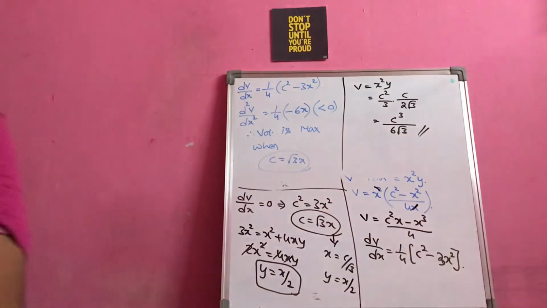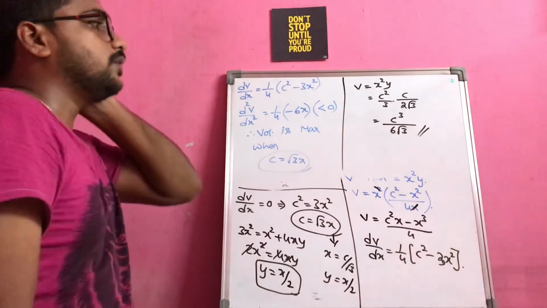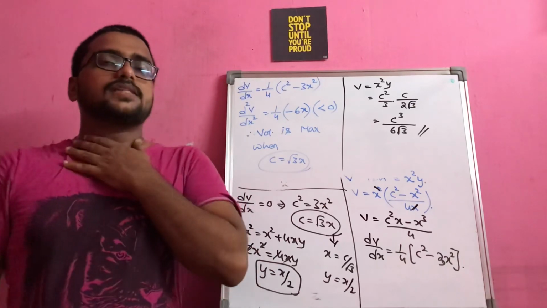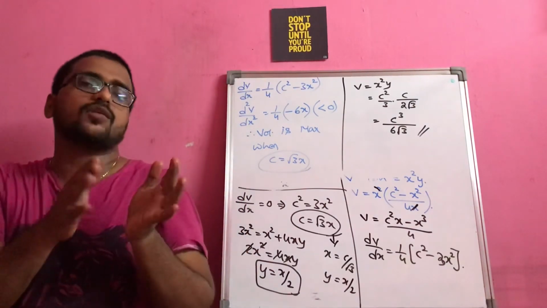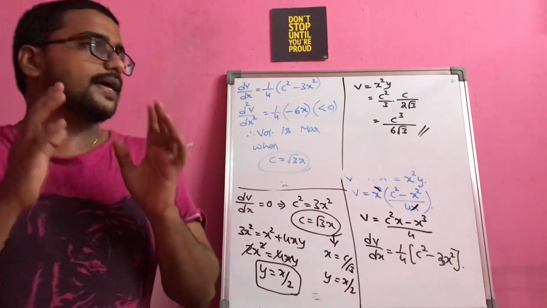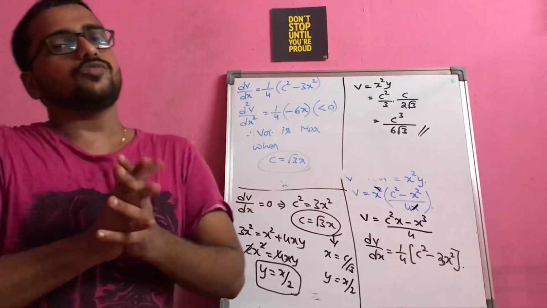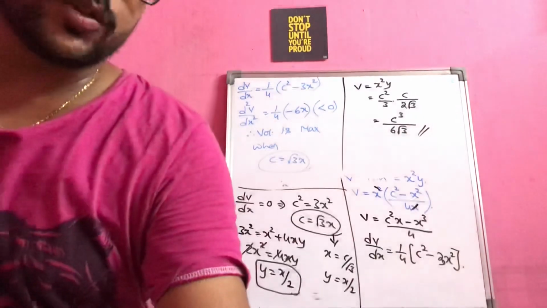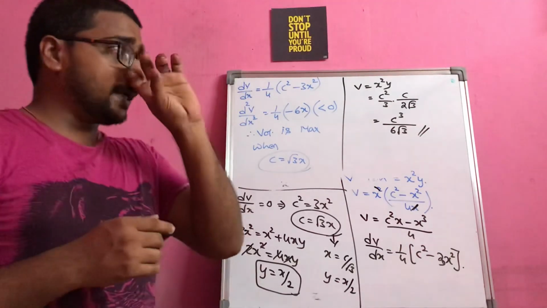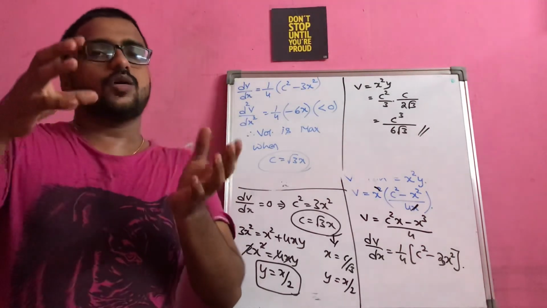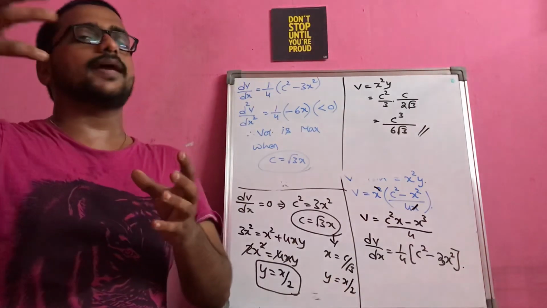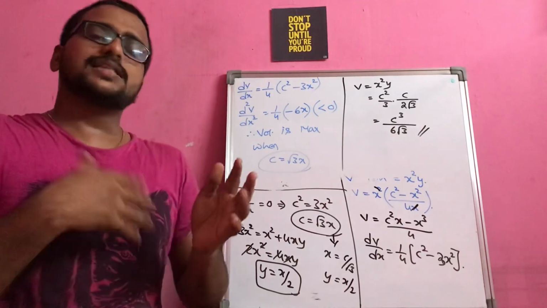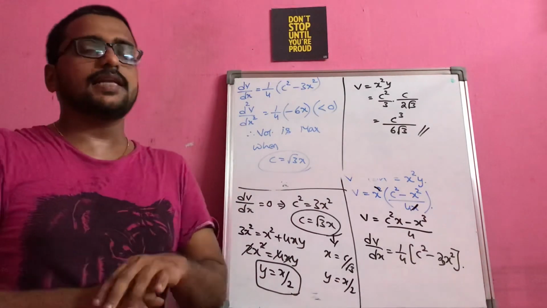So initially itself, if I see that volume is c cube by 6 root 3, I may think that they had given it in the question. So that's why I am asking you, please stick to the procedure, identify what is given and what is the function to be maximized or minimized. Like that, if you check, it will be easy for you to follow these questions. Okay. So these are some of the cuboid based questions, and later you will be getting one figure placed in another figure, something like a cone inscribed in a sphere or a cylinder inscribed in a sphere. Many questions of this type will be there that we will discuss in detail a little later.